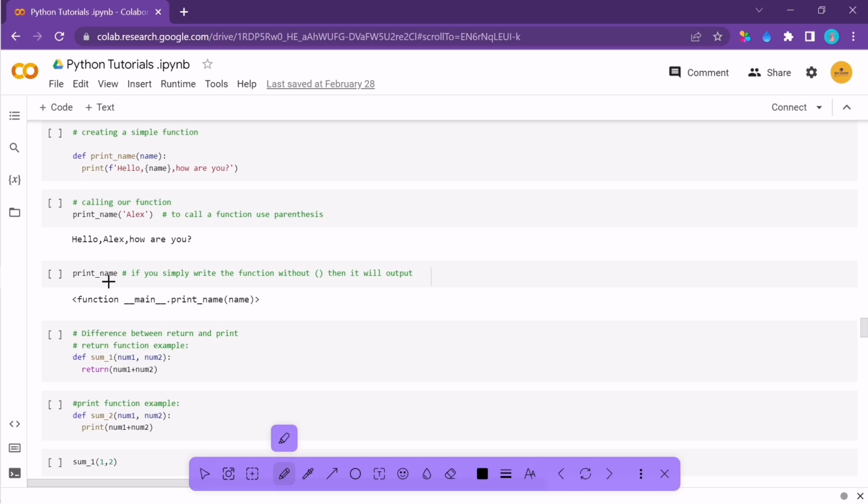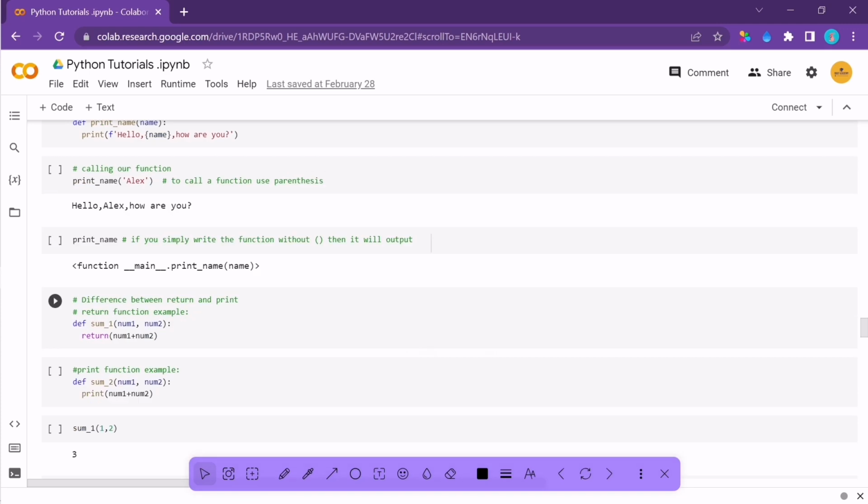Now notice here, if you are not using the parenthesis, the close brackets, it will give you just simply this output. It won't execute the function. So parenthesis is actually used to execute the function. So if you are skipping the parenthesis, you will not be getting any output. The function won't be executed. Now let's see the difference between return and print